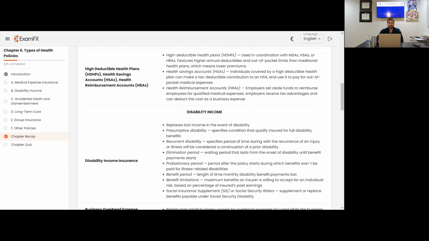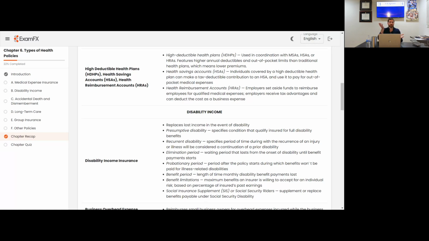High deductible health plans, HDHPs, health savings accounts, health reimbursement accounts. So the high deductible health plans, HDHPs, are used in coordination with MSAs, HSAs, and HRAs. The features are higher annual deductibles and more out-of-pocket limits than the traditional health plans, but that means lower premiums. So think of health insurance as a lever, right? The higher premiums you have, the lower deductibles, lower out-of-pocket that you're going to pay, but the lower premiums that